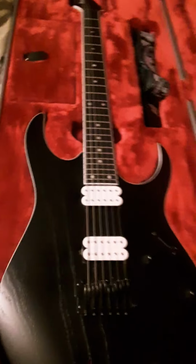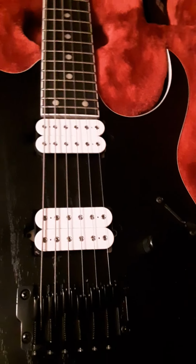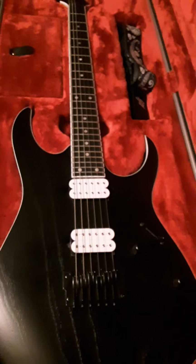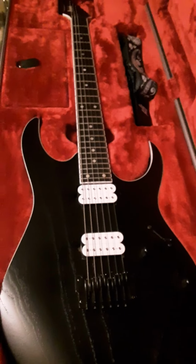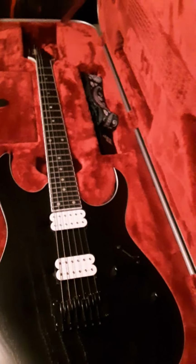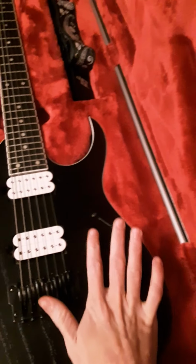And then we got the pickups here. These are DiMarzio, and they are the Fusion Edge, which is what comes in most of the 2021 Prestige that I've seen on YouTube. Master volume, master tone,